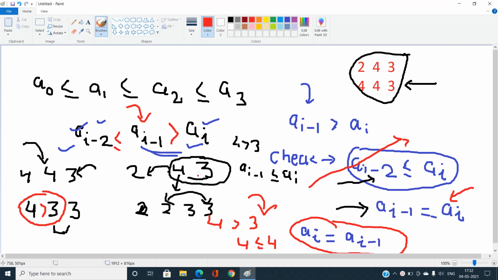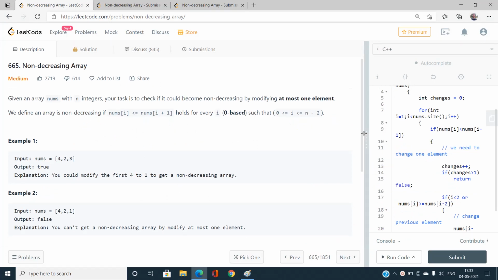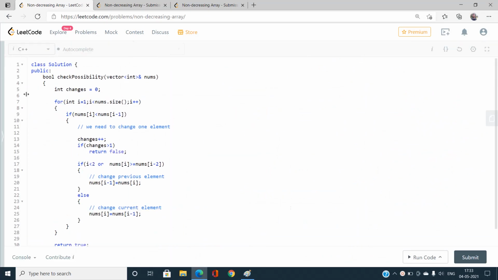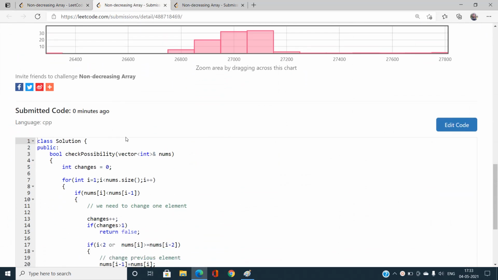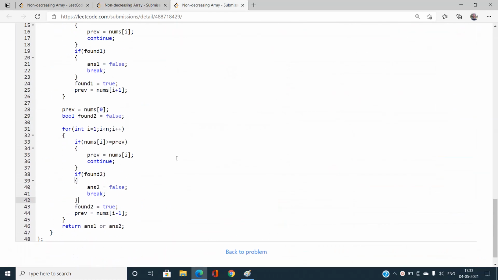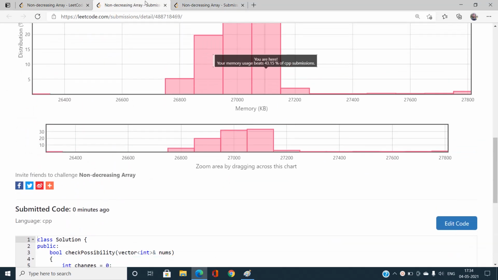Let us try to understand this entire scenario in the coding part also. Here is the code that I have written. I have not done this directly; I actually submitted two codes. This is the first one that I submitted, because the idea of checking just the current element and the previous-of-previous element is not typical to arrive at at the very first step. So I did this one first, and then I came up with this solution.